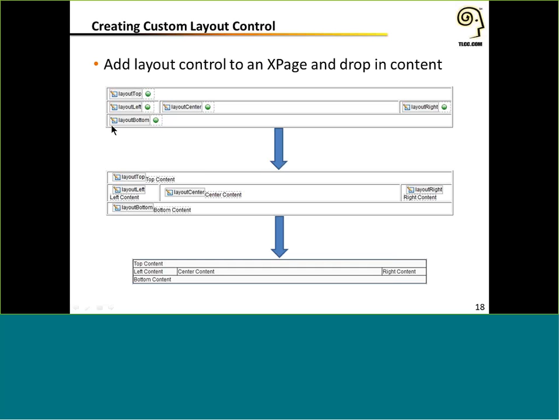Now, if I take this custom control and I drop it onto an XPage, this is what I see. Because I've got these editable areas, these facets where I can drop in content, I see 5 green circles because they're all places I can add content, within the structure of my layout control. So in this example, I've just dropped a label into each section, and this is what it looks like in Designer here, where you just see a label sitting next to each facet, and the green circle goes away because I've put content inside of each one.